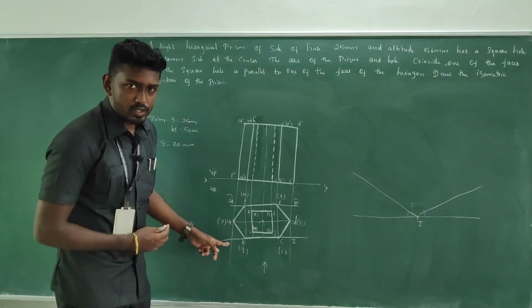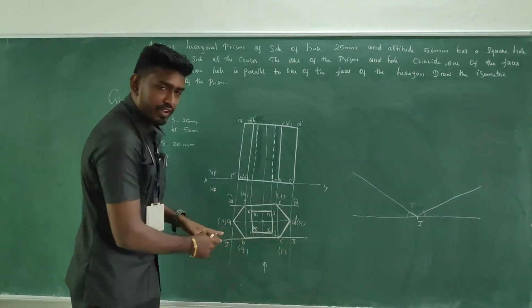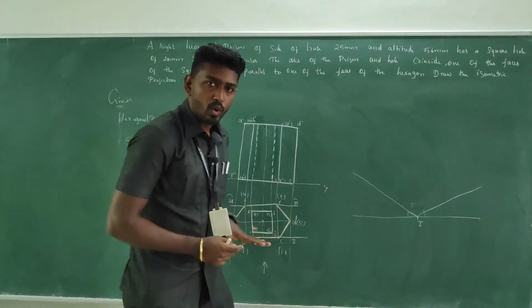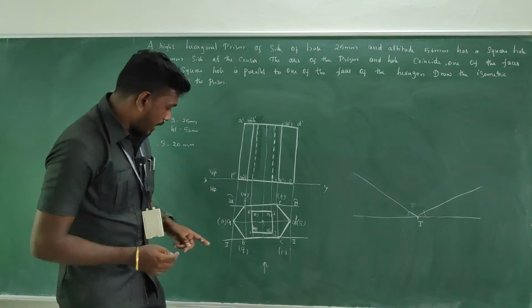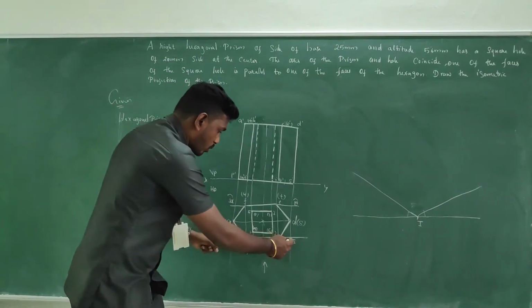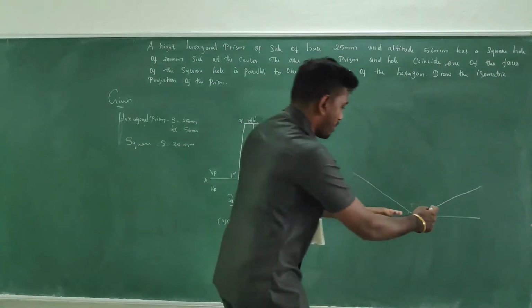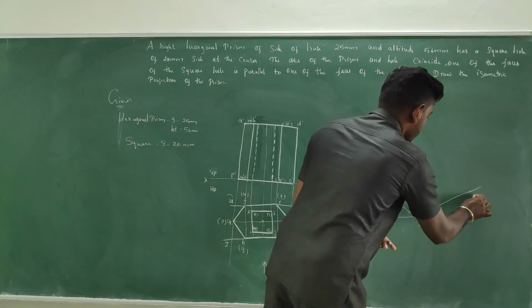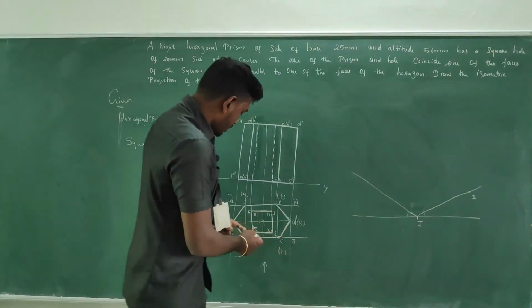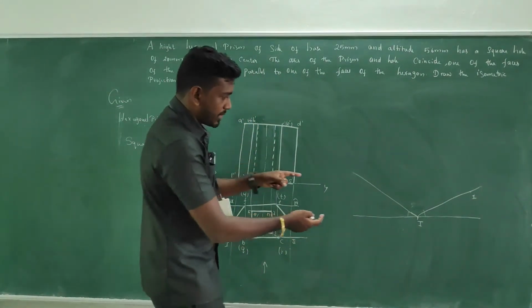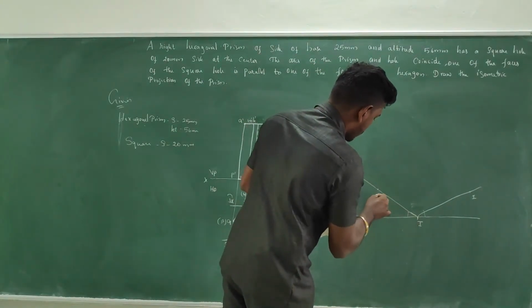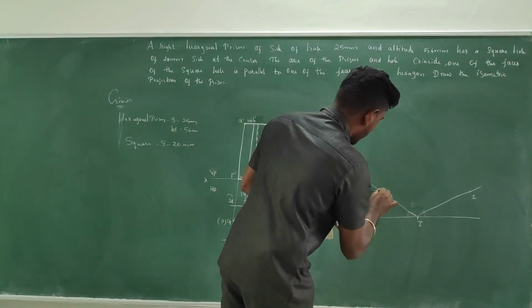After that, just take the measurement. We are going to fix this boundary over the inclined lines. So take the measurement 1 to 2. From 1, just have a cut. So this will be 2. From 1 to 4, take the measurement and just place it here. You will get the fourth one.